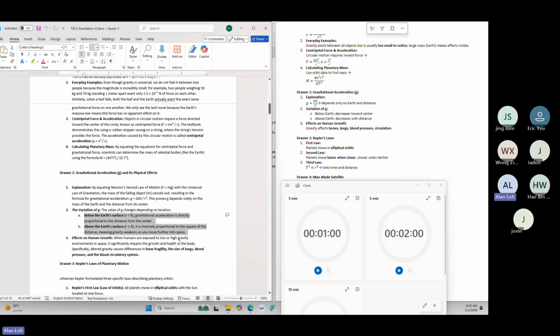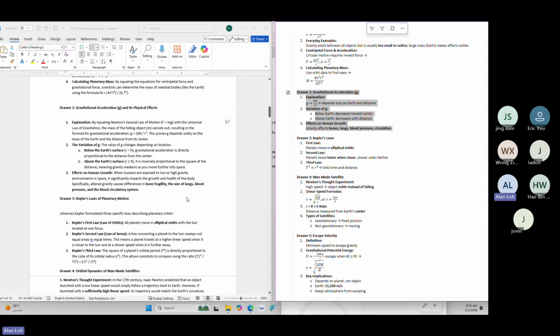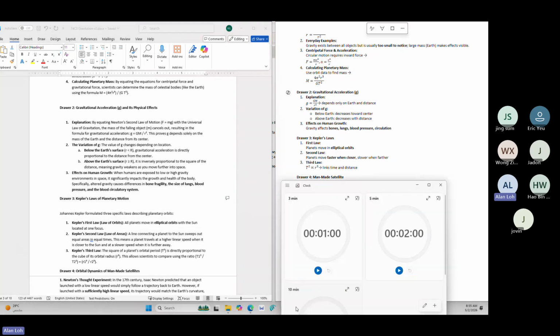Right? But at least now, I believe after reading this part, your understanding level increased a little bit compared to 10 minutes ago when you were at level 2. Now we are in step 3 when you were in step 2. Sorry. Right? So let's continue the drill for drawer 3. Let's do it 1 minute now.